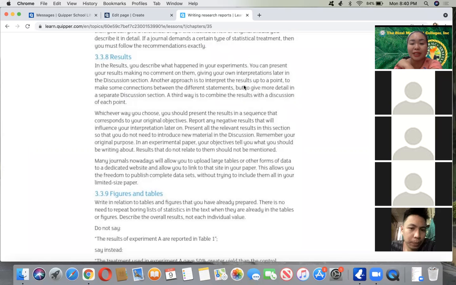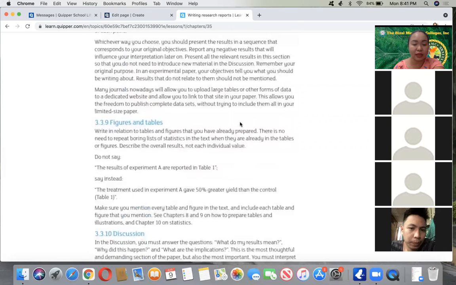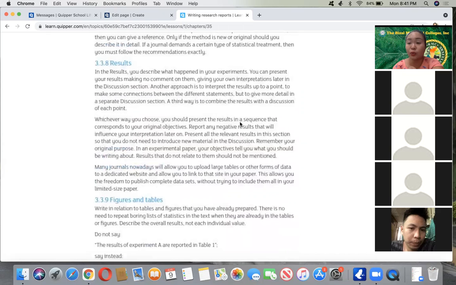So interpretation is different from comment. Because what does it mean, for example, if this treatment, treatment 6, has the highest plant height or the highest weight of live chicken? If it has the highest, it means it is very efficient. But you don't comment on them yet. In your own interpretation. So later you will know in the discussion how to comment